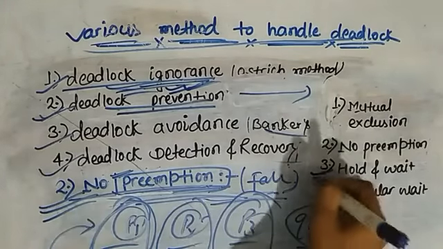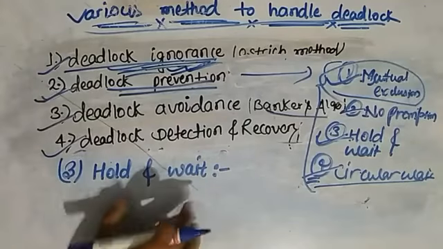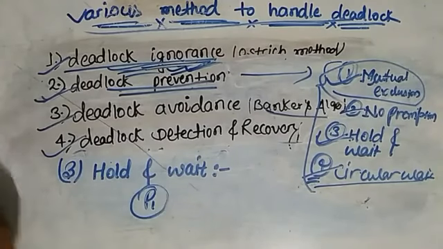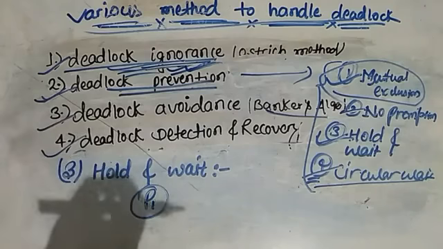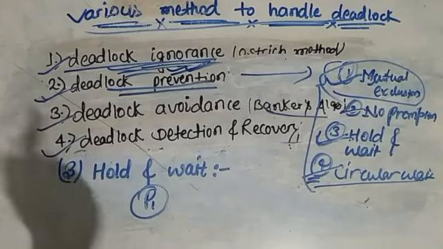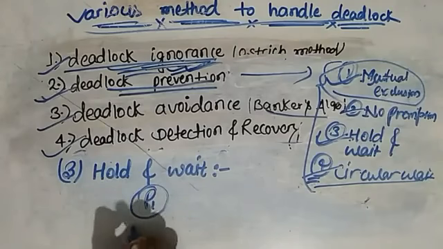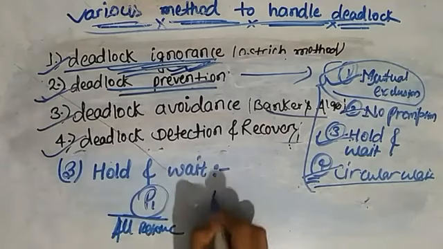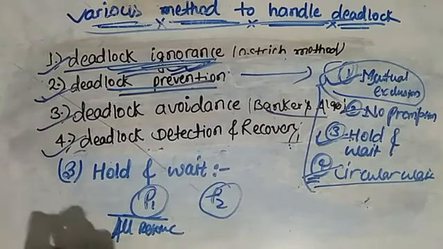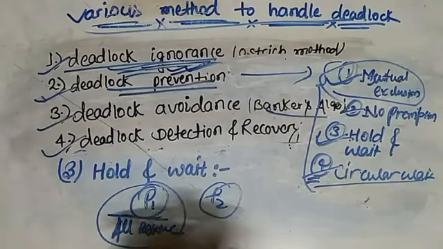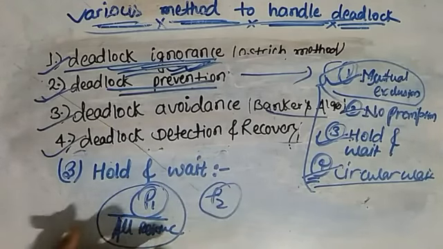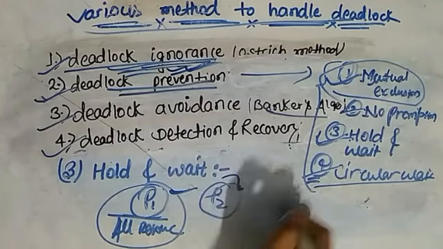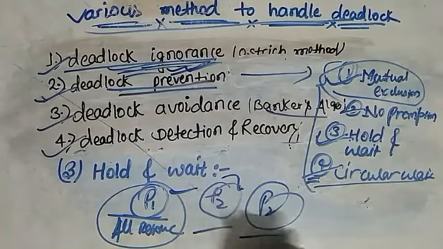Now the third is hold and wait. For negating hold and wait, just allocate the entire set of resources you have to any one process. When that process completes its task, it gives all the resources to another process. In this case, one process holds all the resources but is not waiting for others. That's why it will complete its execution, and in a similar way it will give them to another, and another will also complete and keep on going. That's why the entire set of processes will be completed.